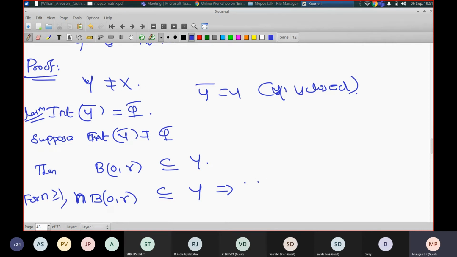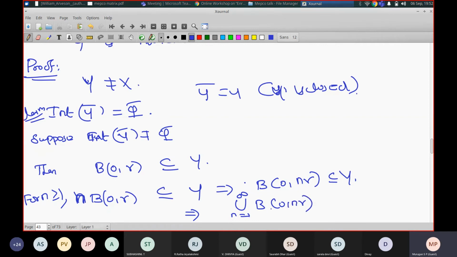So you can write again B(0, n_0), right? It's sitting inside y. Then what is this? You can take the union over n equal to 1 to infinity of B. See, you can push n inside the B(0, ...). It's a_n naught, right? We already saw this one. So this is a_n naught.